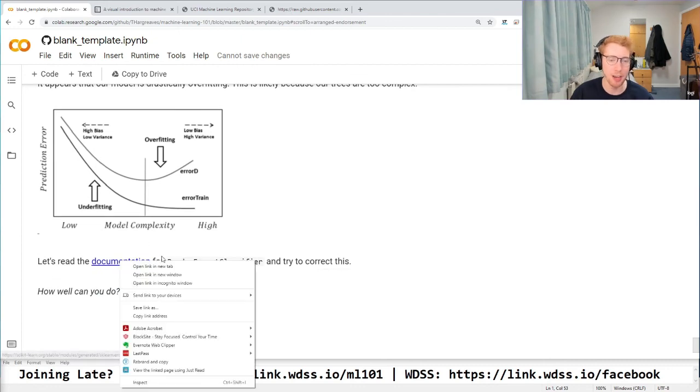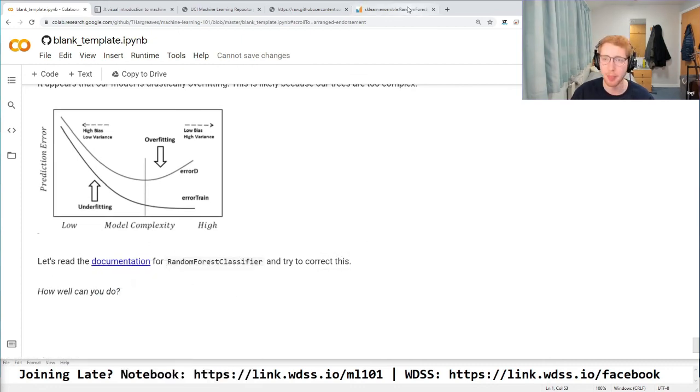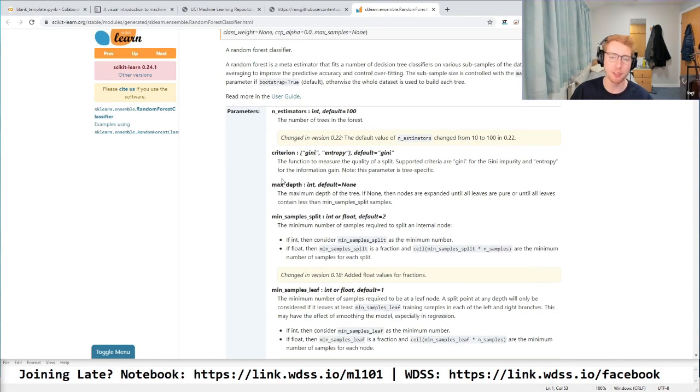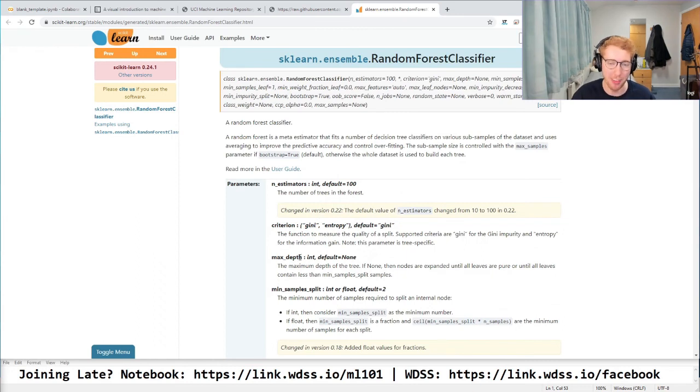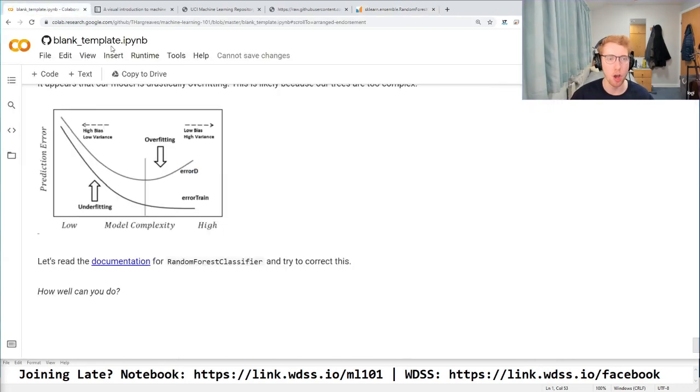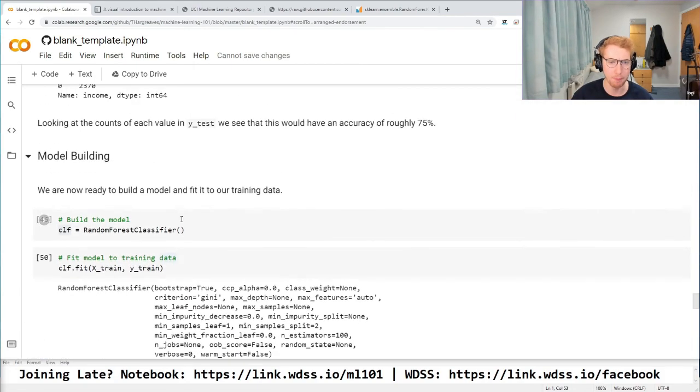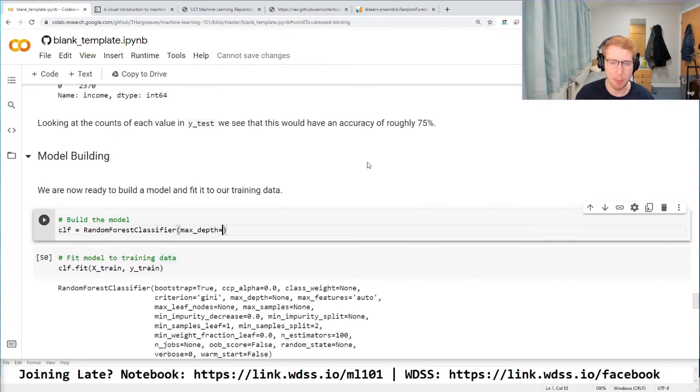So we can look at the documentation for the random forest classifier, and we can see there are loads of parameters here. For example, there's the maximum depth, and by default this is none. That means our trees can be as deep as we want them to be. So we can keep making splits in the trees until they're really, really massive. But I might want to say that actually, I only want my trees to be 10 nodes deep, because after that they're too complex and just going to make the predictions worse. So when I go to fit my model, right back up here, I can add parameters such as max depth, maybe set that to be 10. So now I'm saying they can only be